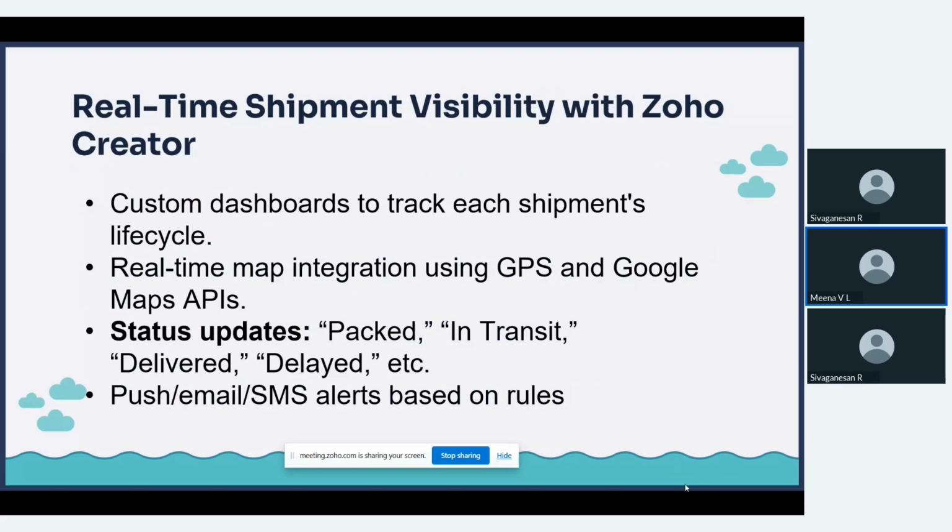So, real-time shipment visibility with Zoho Creator. How do we achieve this? How do we get the visibility using this particular application that we are building using Zoho Creator? As I said, this is one centralized area where you have all the data involved in the logistics, and you have all the data to track what is happening at what point. You can create custom dashboards out of this data that you track, and you can also have real-time map integrations with Google Maps, or you can integrate it with GPS, so that you can know exactly where your product is getting delivered, where it is moving. All those kinds of real-time activities you can see.